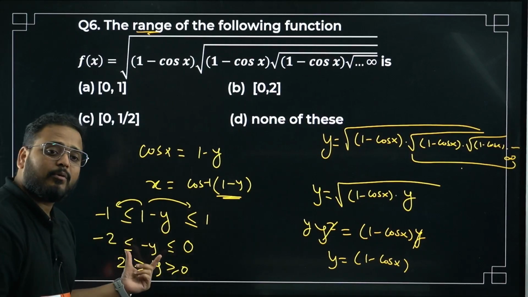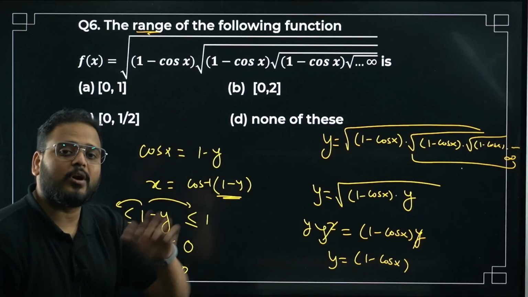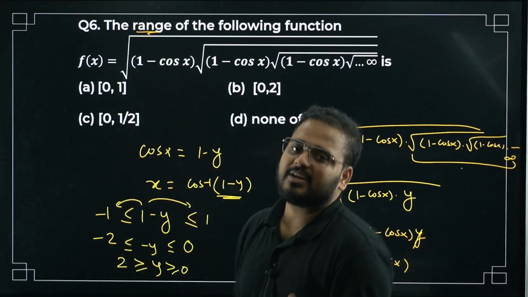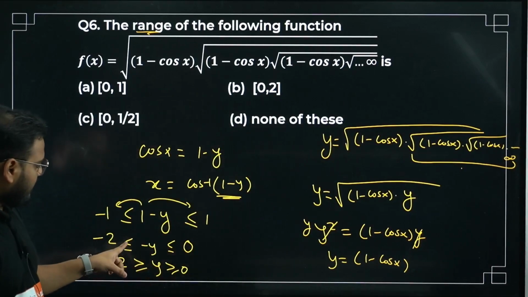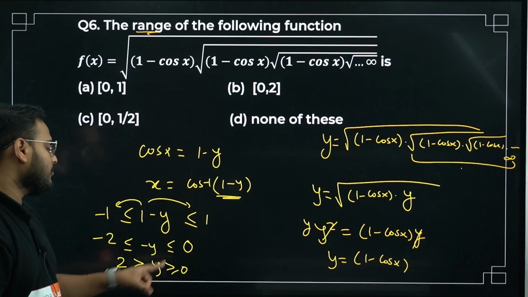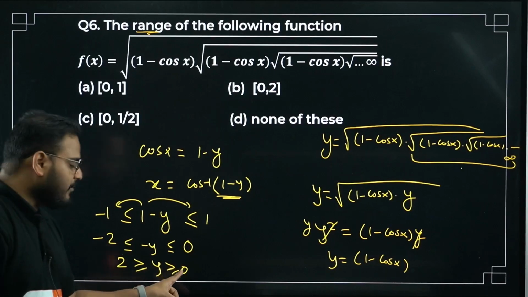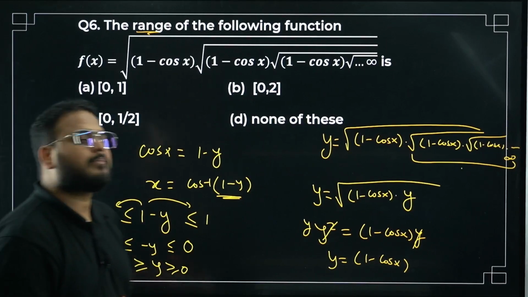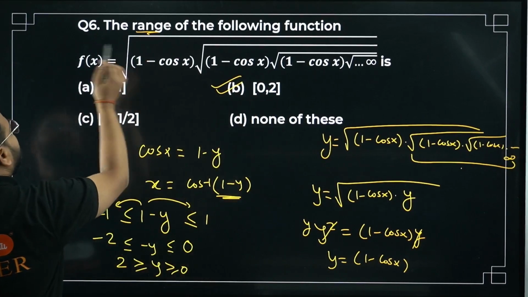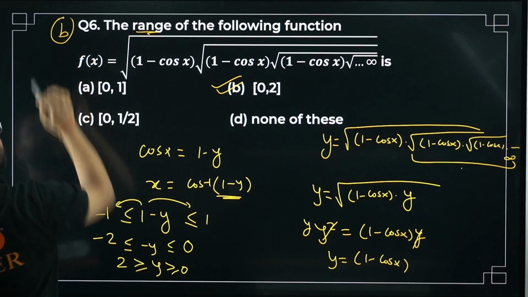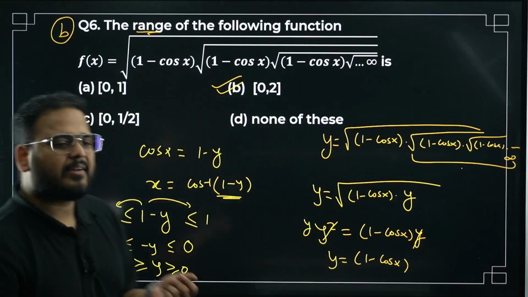What about this step? I'm multiplying a minus sign on both the inequalities. What will happen? The inequality will reverse. Whenever you multiply a negative sign, what will happen to the inequality? It will reverse, sir. Yes. For that case, what will happen? It will become less than or equal to, will become greater than or equal to at both the places. What am I getting? 0 to 2. From 0 to 2. The minimum value is 0, closed, and 2 is the maximum. Answer is B. This is the range of the given function, basically the value of y. 0 to 2. Good question. Okay, simple only, but right. Question number 6 is done.